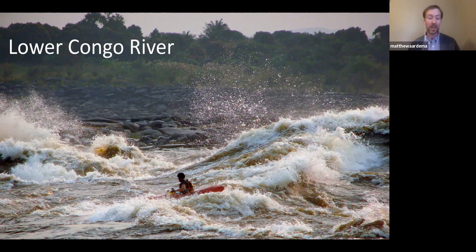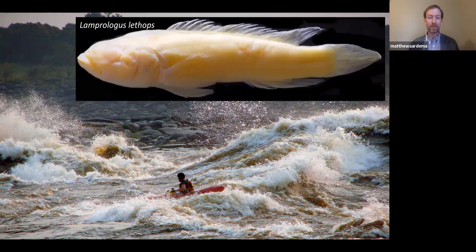It's notorious for having incredible rapids, very dynamic hydrology, a really distinctive and unique environment. And yet, as you probably can gather, from this environment there is a cichlid species that has